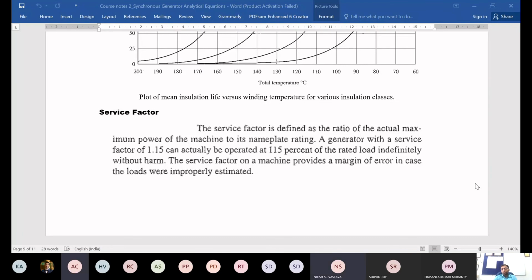Sir, why are they not using any coolant in place of insulator? Who is speaking? I couldn't really identify. Sir, Anvesh, sir. Okay, Anvesh. No, coolant is always there. This insulation is there and coolant is also there. The temperature rating has been mentioned here taking into account the coolant.